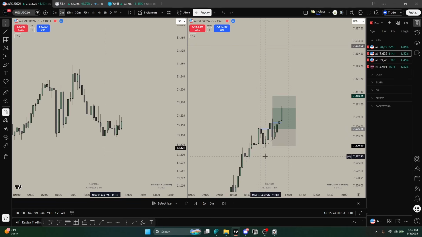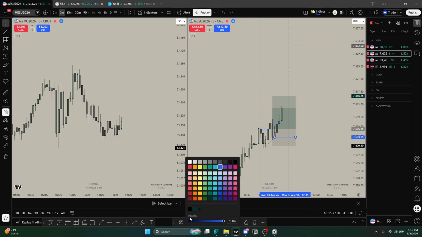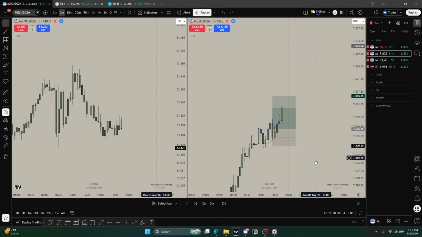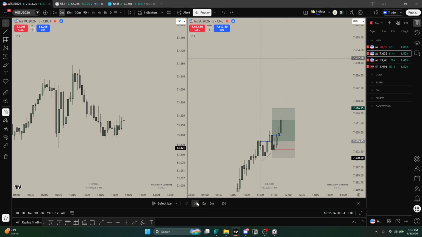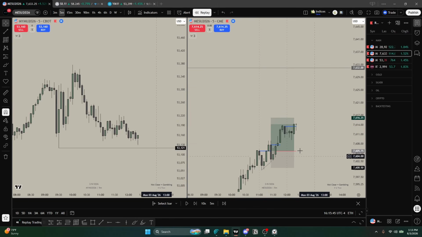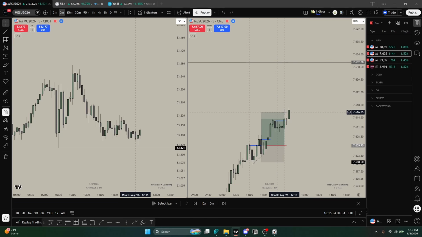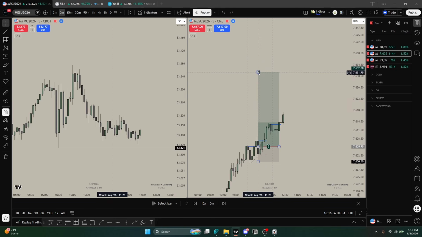But once price created this CISD, I trailed my stop to this low to reduce my risk by half, which was before price even reached a 1R here. And I entered with 12 micros and took 50% off. I actually trailed my stop to break even once price created the CISD here. And then when price hit a 2R here, I took 50% off, 6 micros, at $300 profit, which is technically a 1R. And I hold the rest of the position to my main day profit at a 5R.